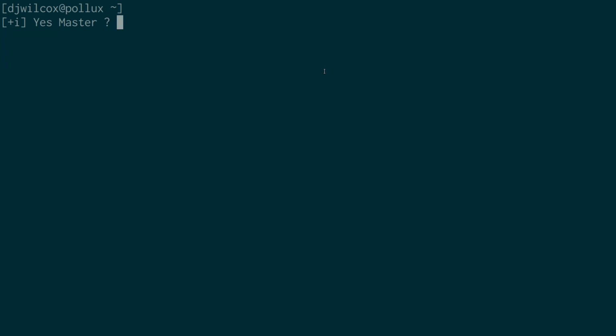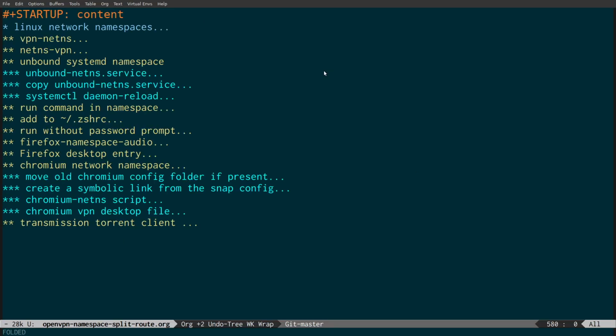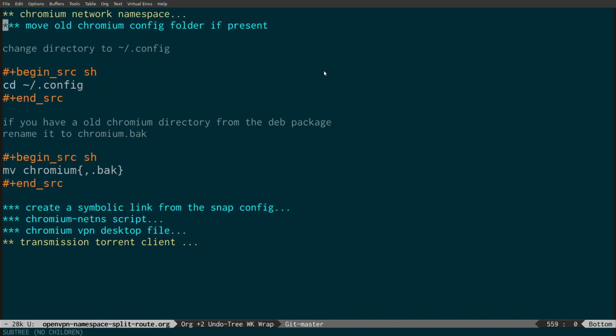So that's basically what I did. So what I'm going to do is come through the steps here. First of all, what we need to do is change to our config directory, cd ~/.config, and if there is an existing Chromium directory from the previous deb version, what we need to do is